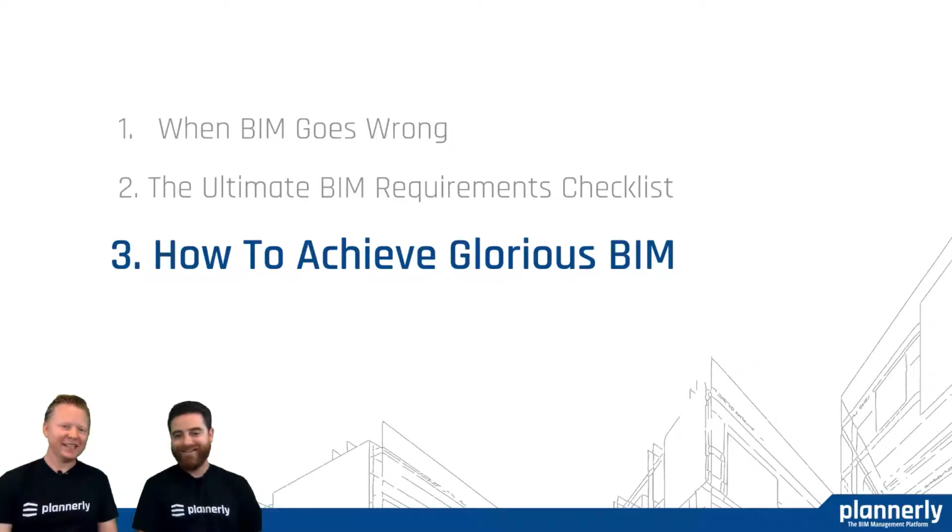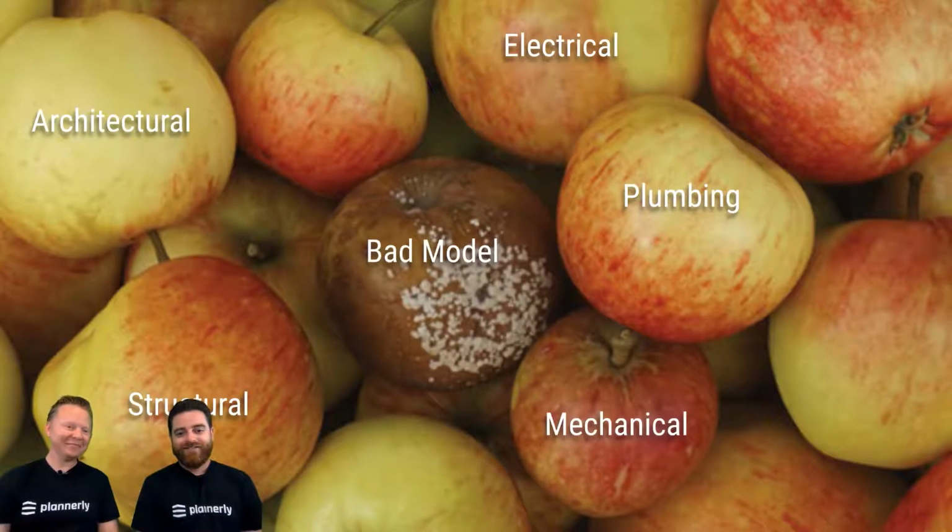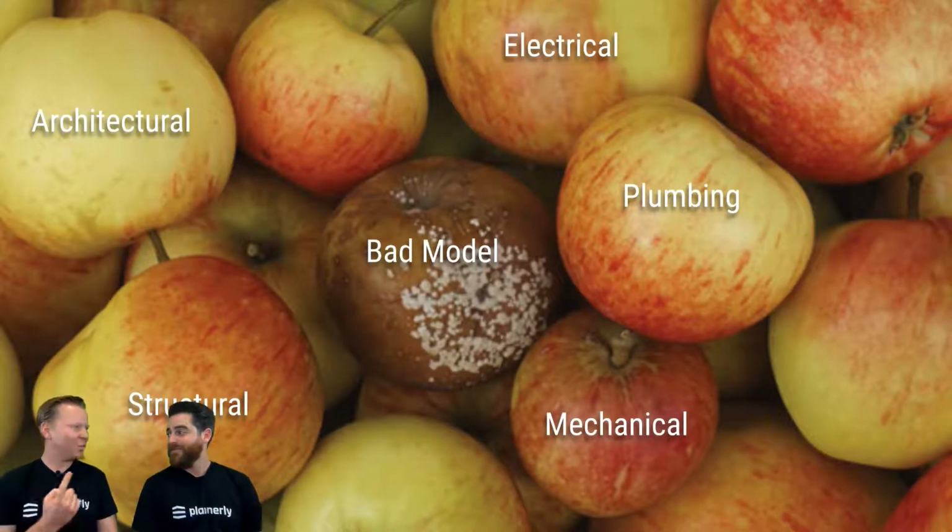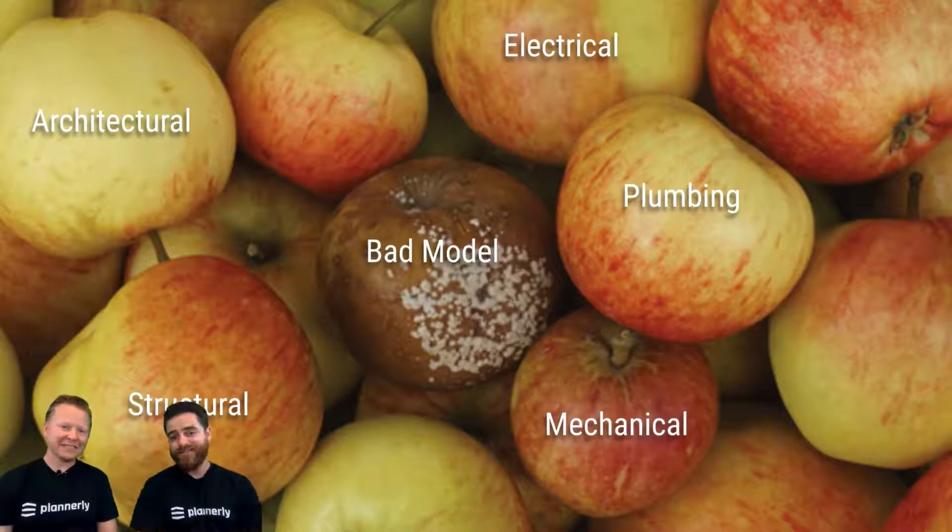How do you grade? How do you achieve glorious BIM? Right. Well, that doesn't turn out to be glorious BIM when there is even just one bad model. Yeah, if there's some sort of miscommunication in your checklist, in your information, one bad model, unfortunately, can, you know, what a bad apple in the fruit bowl does, fault the entire BIM project.